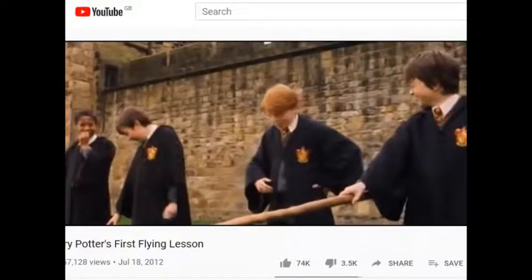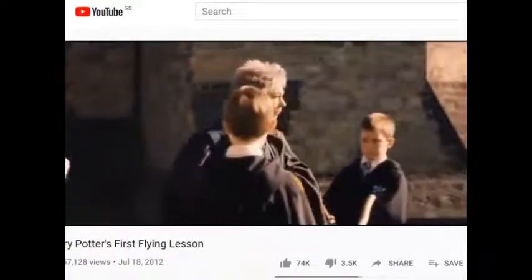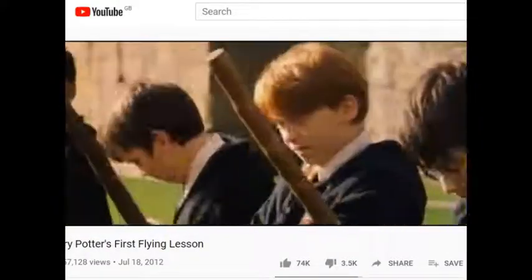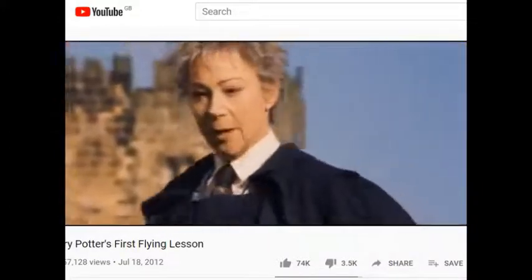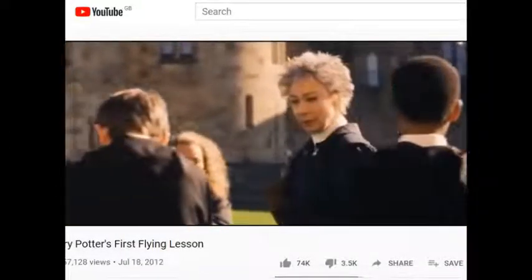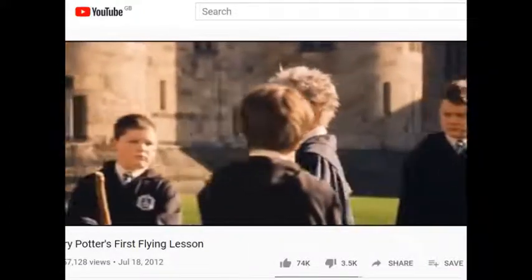Shut up, Harry. Now, once you've got hold of your broom, I want you to mount it. And grip it tight. You don't want to be sliding off the end. When I blow my whistle, I want each of you to kick off from the ground hard. Keep your broom steady. Hover for a moment. Then lean forward slightly and touch back down. On my whistle,